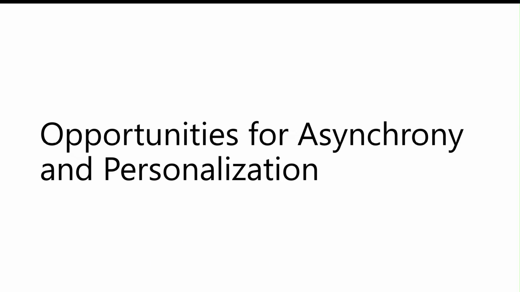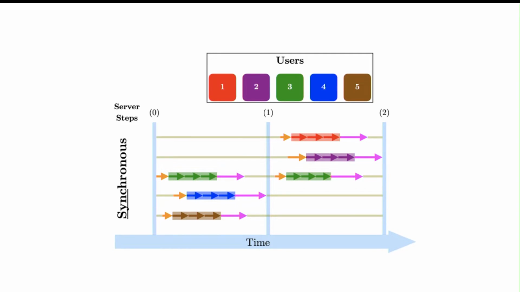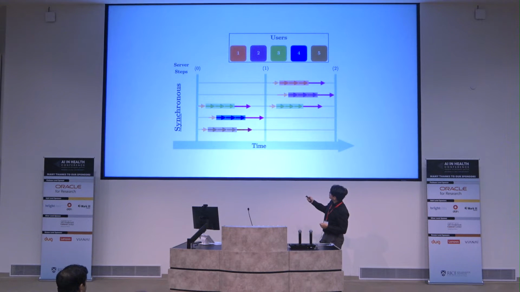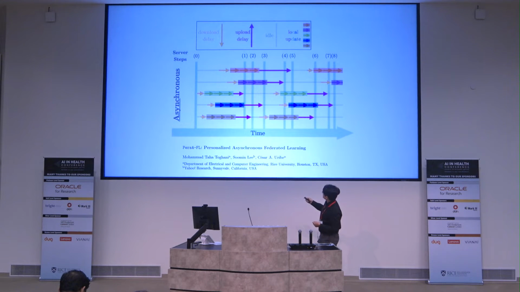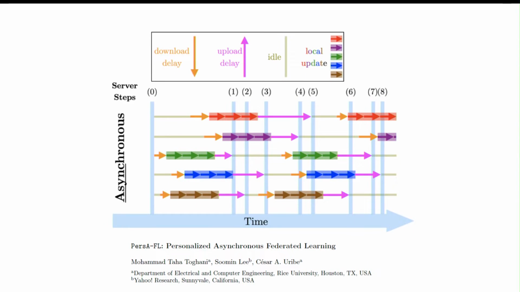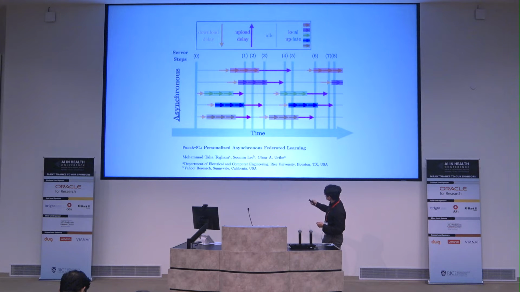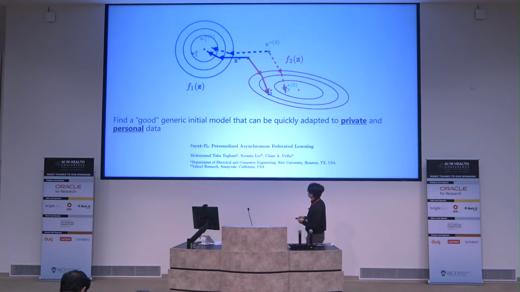And of course, again, opportunities for personalization. So what I want to mention here is all this training or these models are usually done in a synchronous manner. So you can imagine all these hospitals agreeing upon something, and then once they receive all these models, something is aggregated, and then they continue. But in reality, they work in an asynchronous manner, right? So maybe you get one model, you update another model, you update another model, you update. Well, we also have work or have some theory about how to work this in an asynchronous federated learning model.